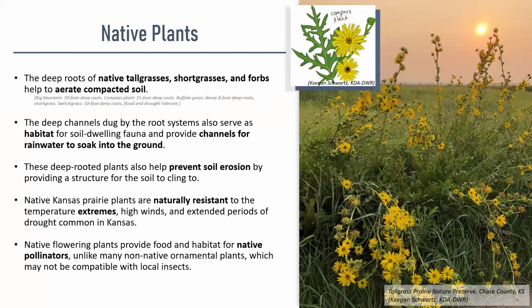All right, so native plants. This photo is of some compass plant I took the picture of at the Tallgrass Prairie Nature Preserve, and a little sketch of the plant up close that I drew for a different project. The deep roots of native tall grasses, short grasses, and forbs help to aerate compacted soil. Big bluestem has 10-foot deep roots. Compass plant has 15-foot deep roots. Buffalo grass, which is a short grass, which I had a lawn made of, has dense 8-foot deep roots. And